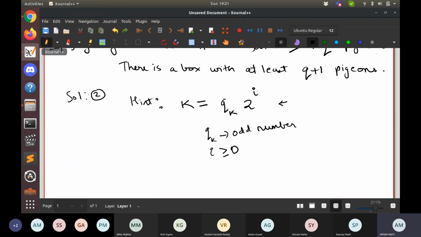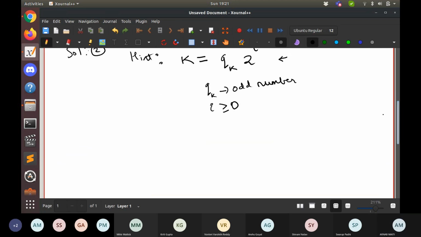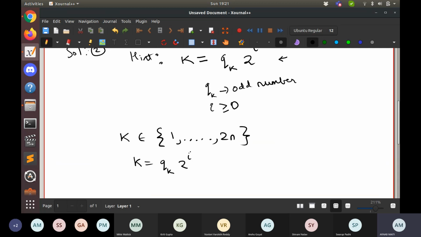Could someone come up with any argument for this? Okay, if not, then I'll continue. When you choose a number k from the set 1 to 2n, you can represent k in this form.